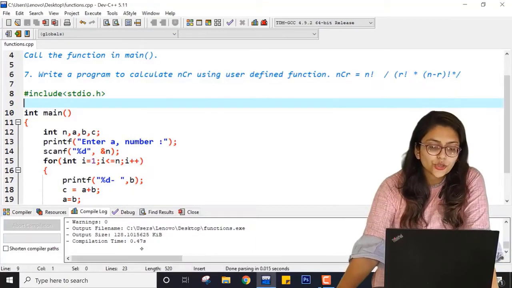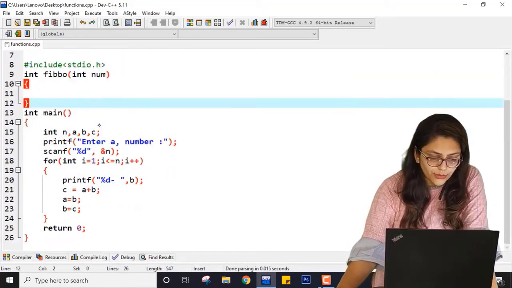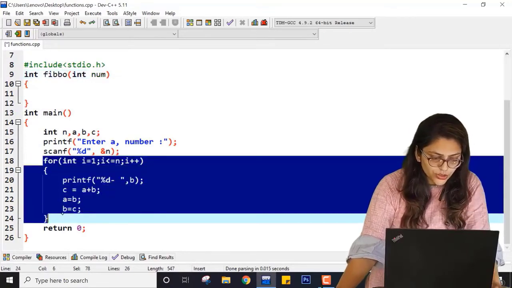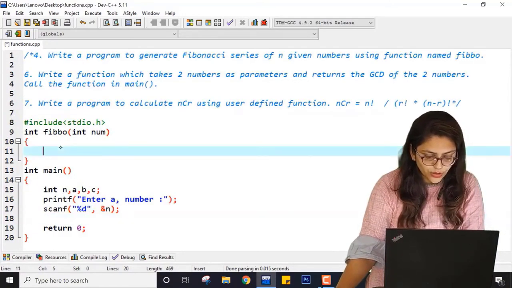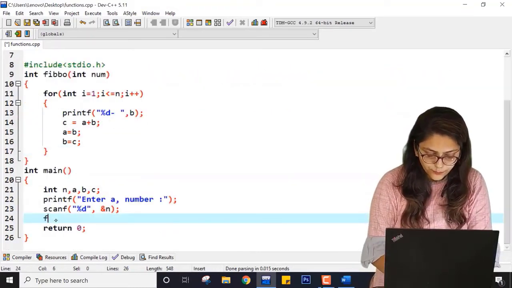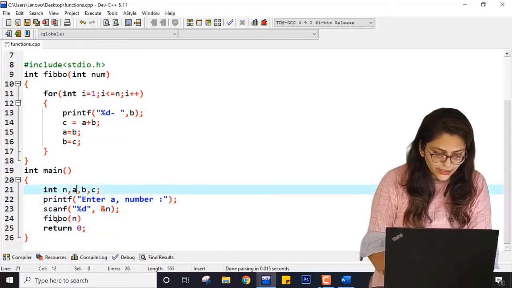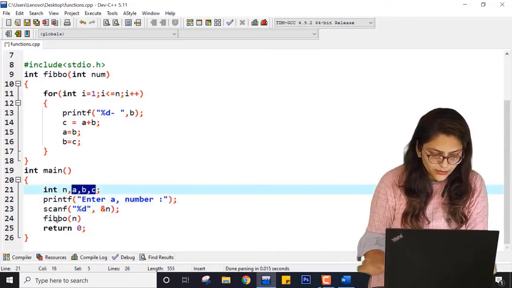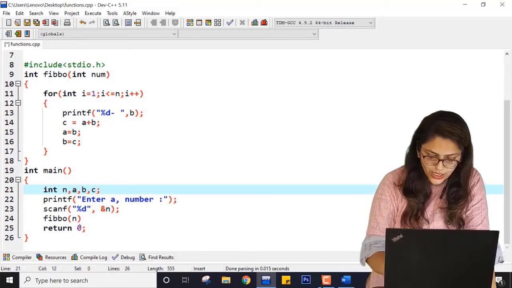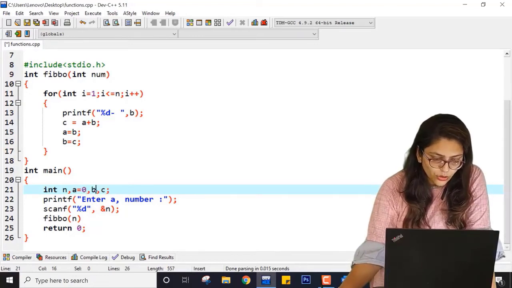Yes, it is correct. So now I want to create a function. So I am creating the function Fibo and I am passing num. So instead of this logic I should print over here, and instead of this I am just calling Fibo of N, and here this A, B, C. Here also one thing you should notice is that A should be initialized as 0. Sometimes it gives the correct answer, but not all the time.